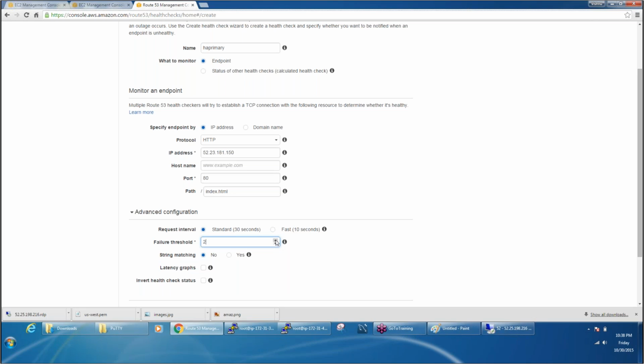So I'm going to say 2, for example. So it's going to check twice, right, for 30 seconds. Both the times this server is down, the primary health check is down, the traffic will be routed to the secondary server. Okay. If you want to say it opens up index.html, under index.html, if you want a string to be matched, it can also do that, but we don't want to go for that. Just click on